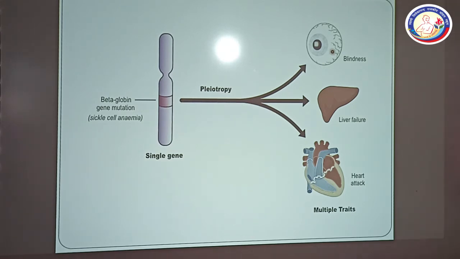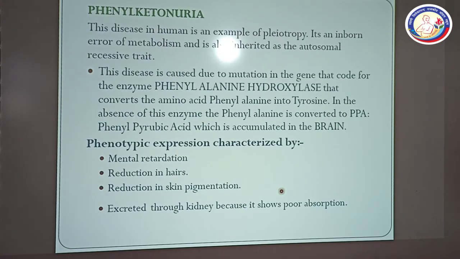There will be phenotypic characters of the eyes. It will show blindness, liver failure, and similarly heart attack. It means there are multiple traits from a single gene, showing different effects. Now there is a disease, PKU,